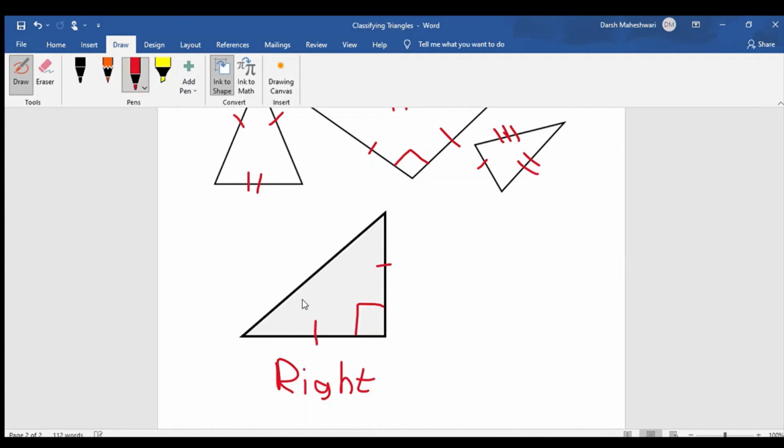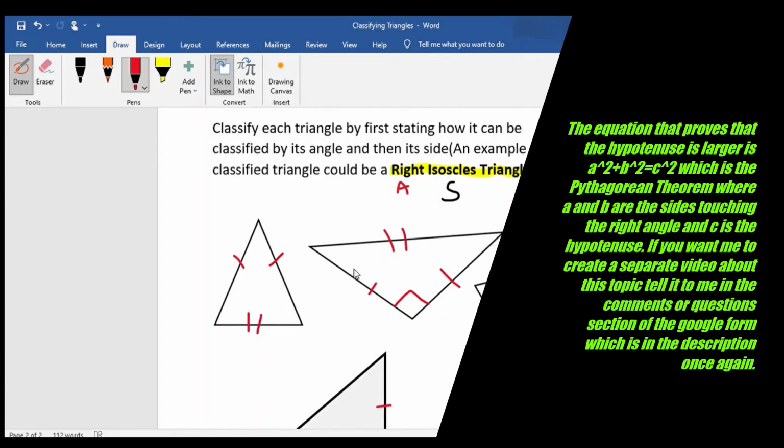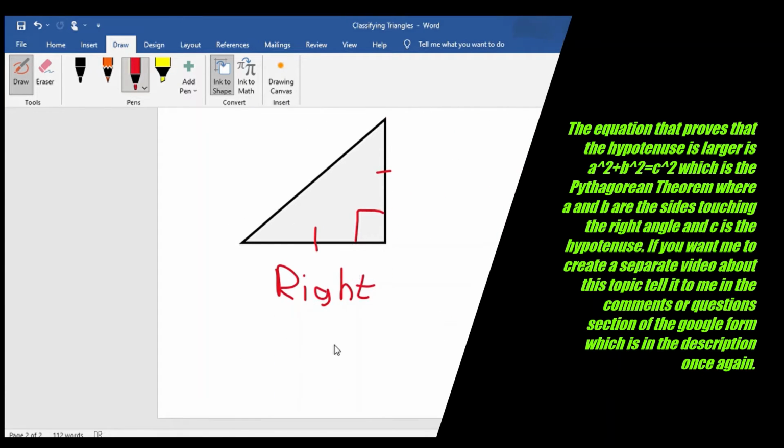These look the same, but then this one, well, in the right triangle, this is called the hypotenuse. The one that is not touching the right angle, and it's always larger. So a right triangle can never be,